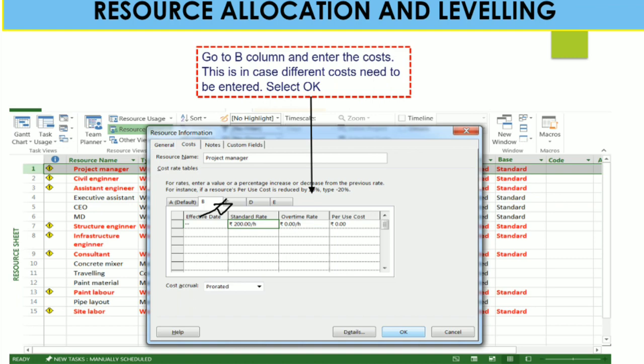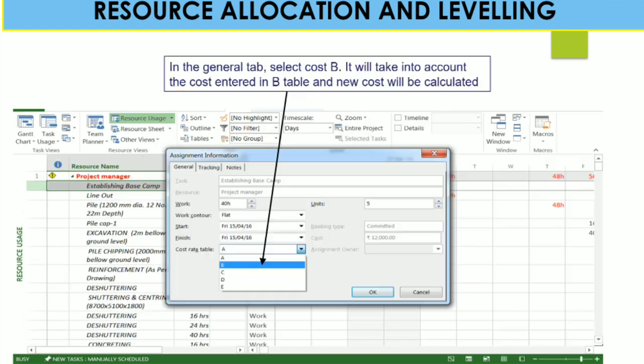As per your project, if the company has to pay different salary and different rate to different project managers, say a particular project manager's rate is 200 per hour, then you can use this cost tab and add this standard rate as per your requirement. Then finally go to the general tab, select cost B, and it will take into account the cost entered in table B and the new cost will be calculated.